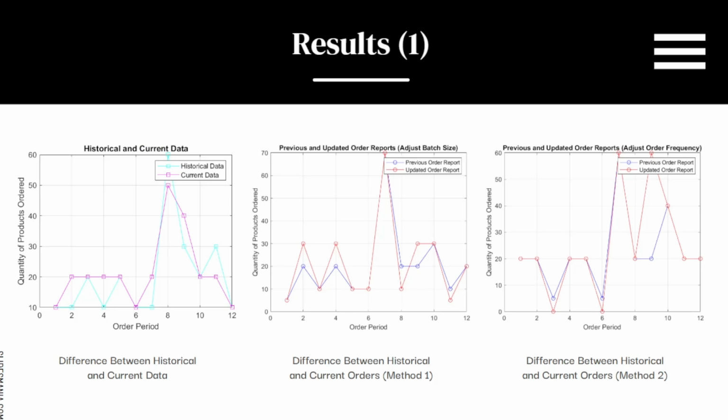All right, so here's our results. Before we look at it, over here on the left, the magenta and cyan colored graph shows the difference between our historical data and current data. Basically, this represents what we are going to have in month 1 versus the historic versus current data. With current data, we would really only be seeing 1 month at a time or only the previous months. We wouldn't get this full picture until we actually get through the whole entire year.